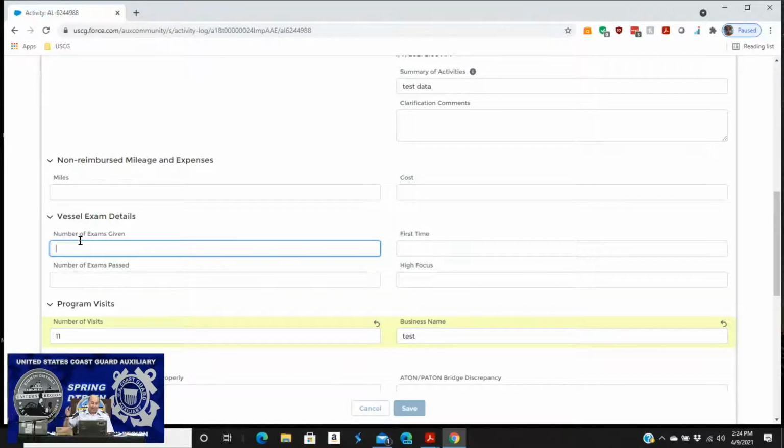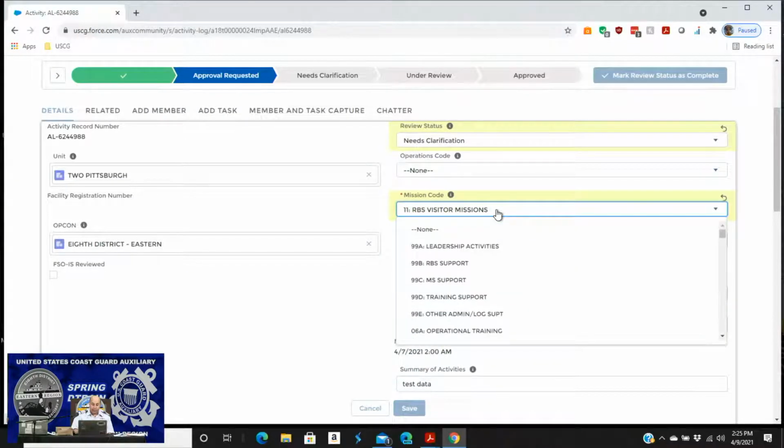Bob went out and did 10 program visits and 6 vessel safety checks, but which one's which on this mission code? If he did 11, it's going to be 11, but then is this just data he typed in by accident, or does he need to do the 91H or 91A for the actual vessels? All right. Now,